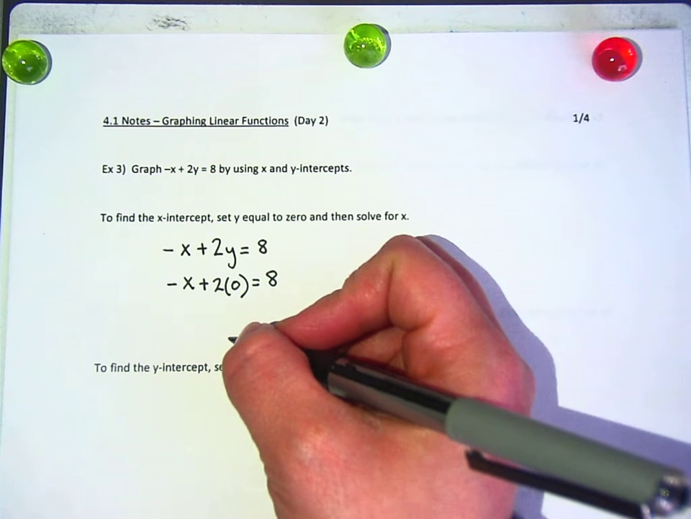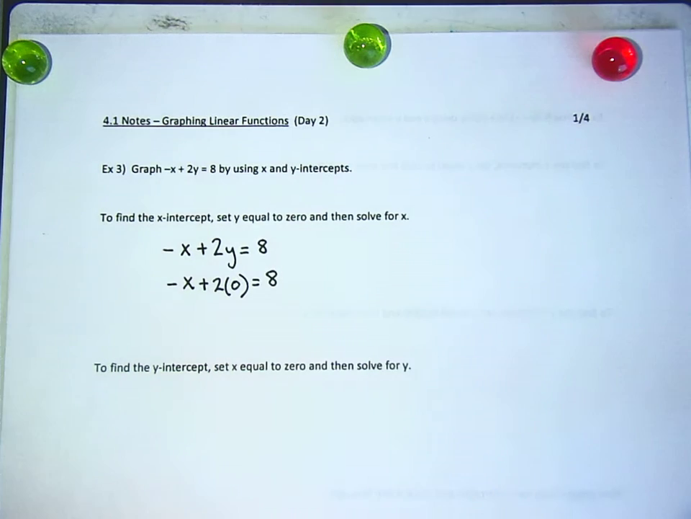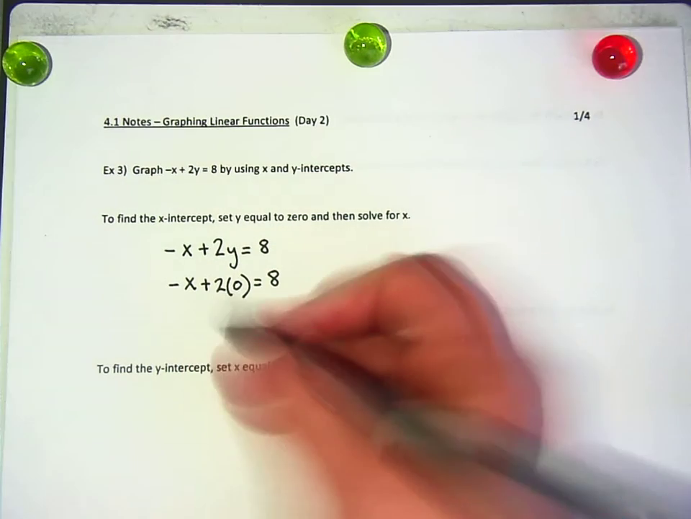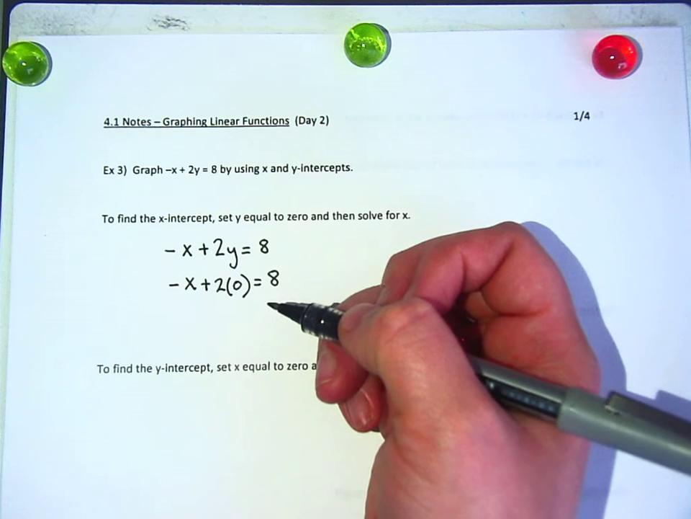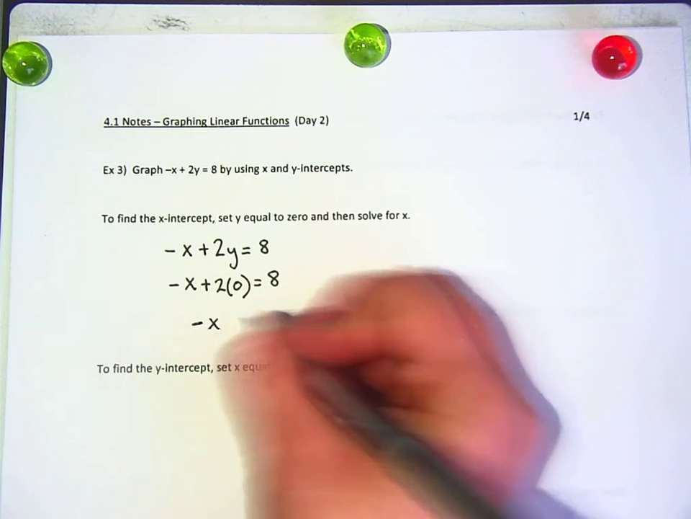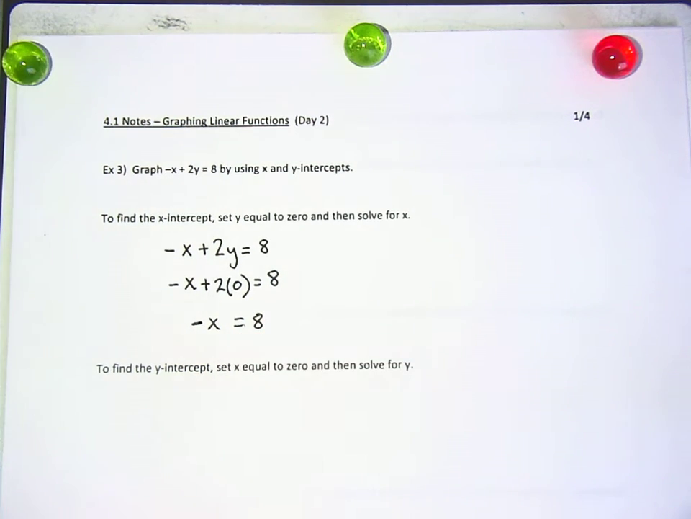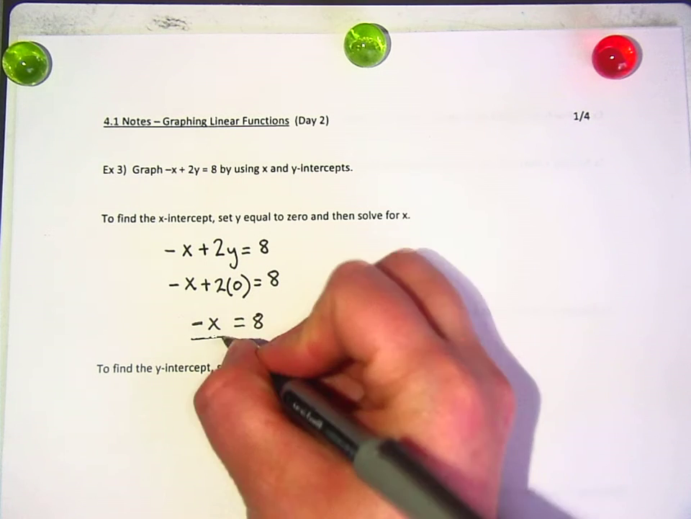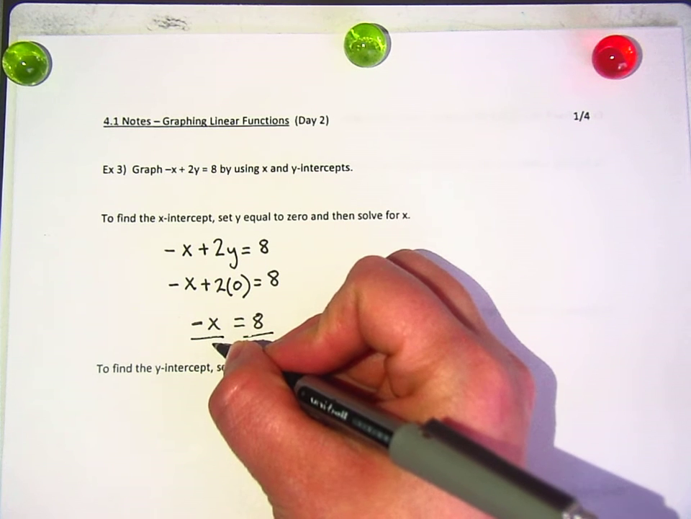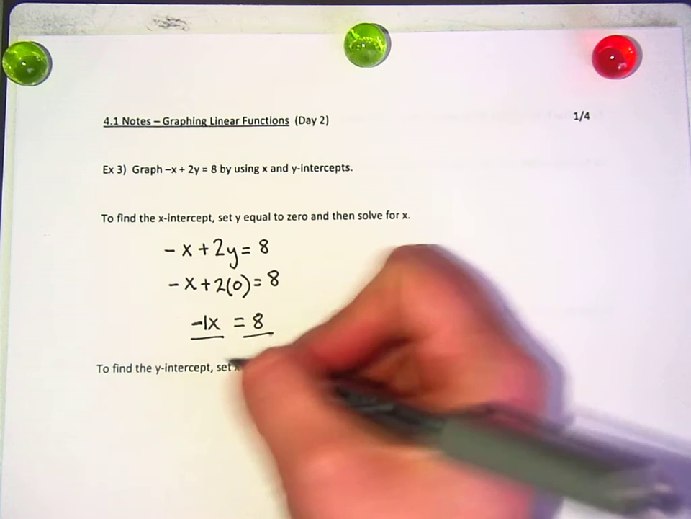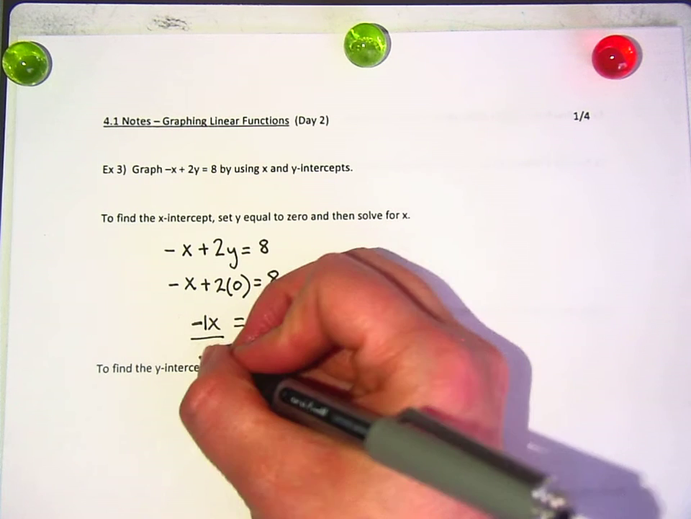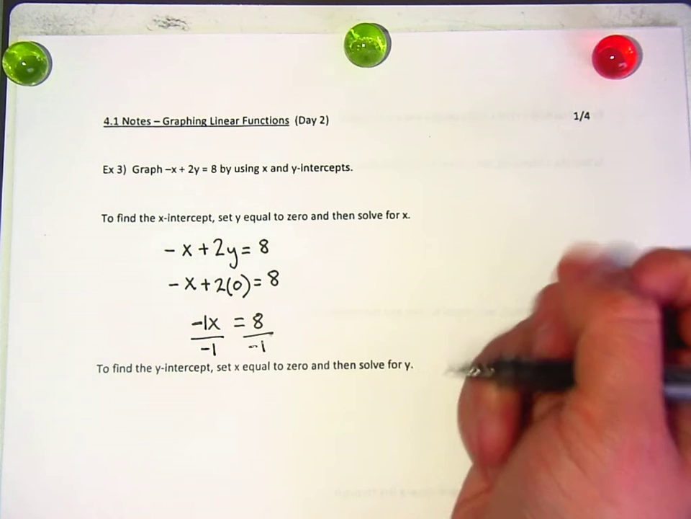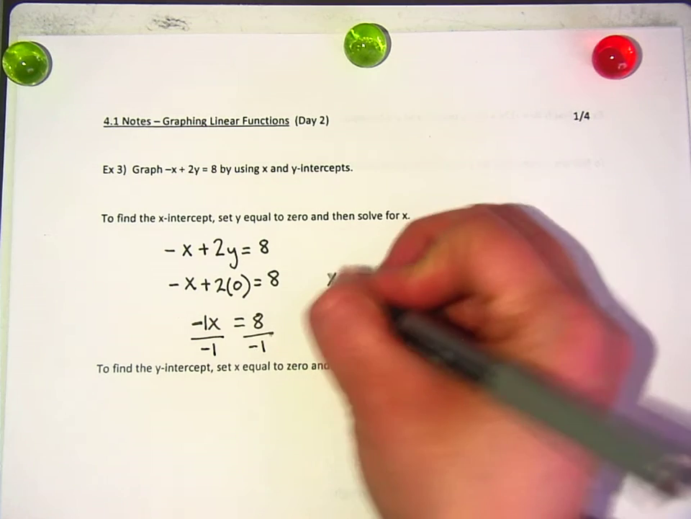So first, 2 times 0. Right, 2 times 0 is what? 0. So do I even have to write plus 0 there? This is just negative x equals 8. Make sure you're writing this down. Then what? You divide x by negative 1. Right, so we can get rid of the negative part. Okay, so then we get x equals